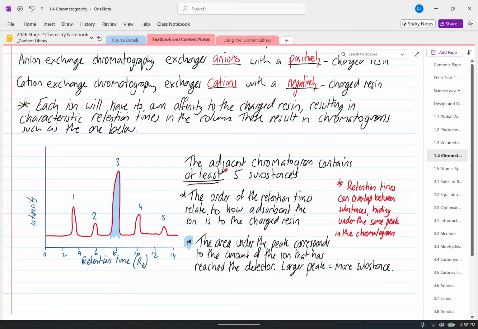Now, it says here, as I just said, the order tells us how adsorbent the ion is to the charged resin. Adsorb means